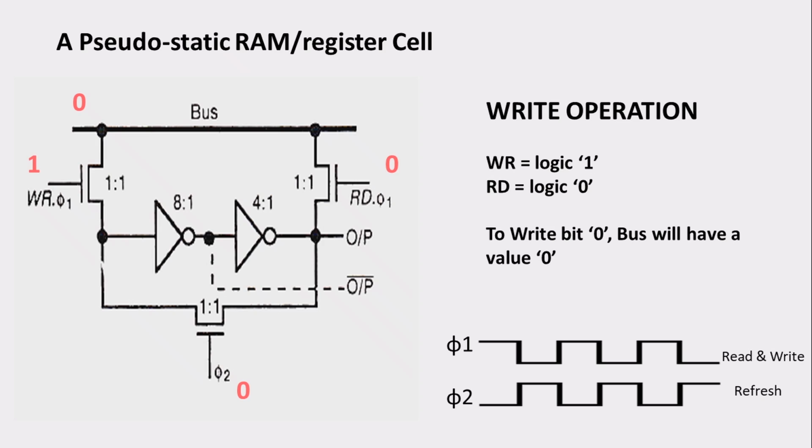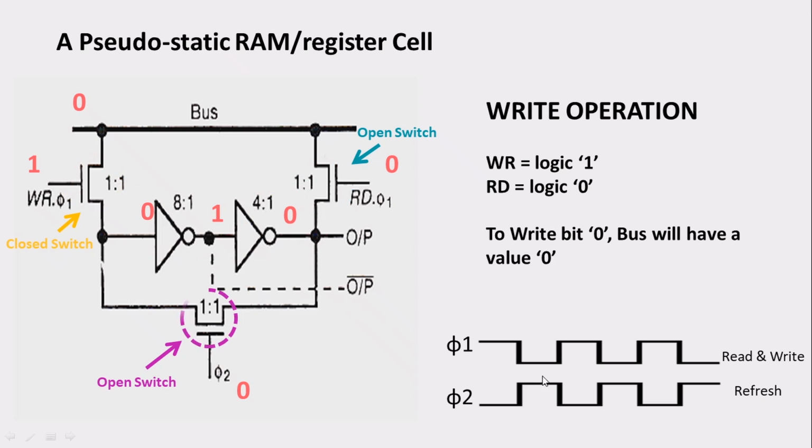and again phi 2 is 0. So as we know, this particular transistor is going to be turned on, so it acts like a closed switch, and this particular transistor is an open switch, and this other transistor is also going to be an open switch. When this happens, you can observe the 0 has arrived over here, and the output of this particular inverter stage is going to be 1, and the output of this particular inverter is going to be 0. So the storage has happened over here.